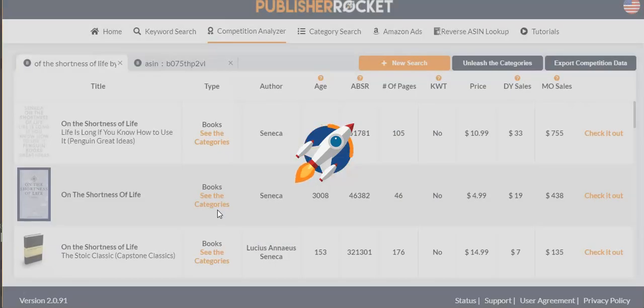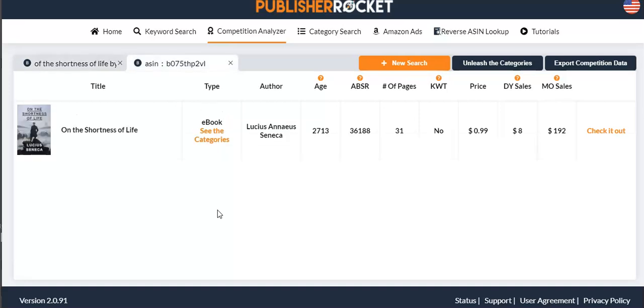We'll see if it finds it. If it finds it, it's going to find the exact book we're looking for. And there we are. There's the cover.